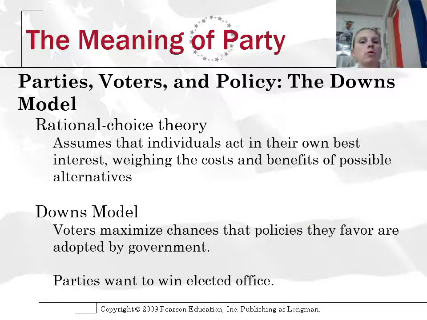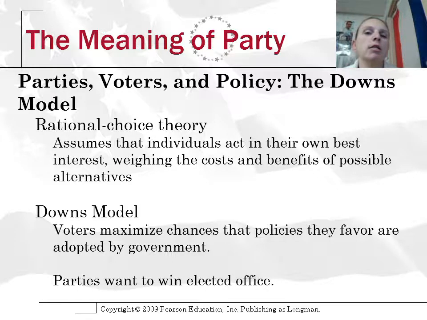When it comes to elections and political parties, we are going to look at two different models that explain how voters vote for who they do and how they get involved in political parties. The first of those is the rational choice theory, which is the idea that assumes individuals act on their own best interests, and that's how they choose who they want to vote for. So obviously, the rational choice theory says that the wisest party is going to go after the broadest group of people and what they personally want.